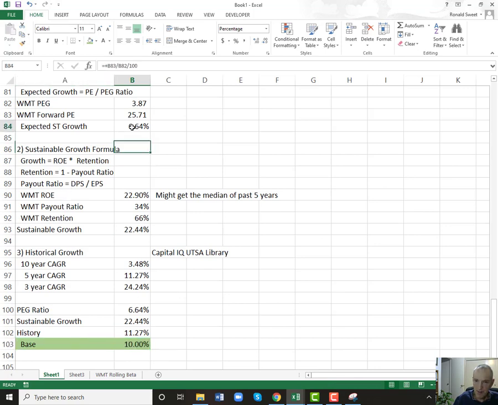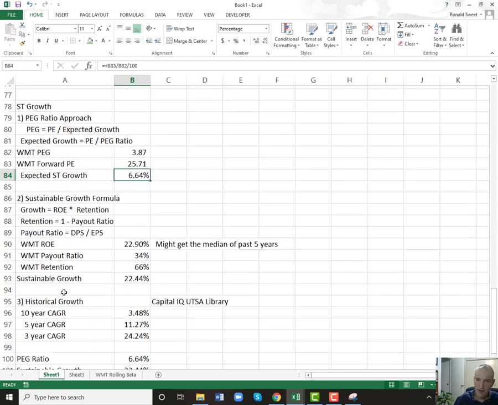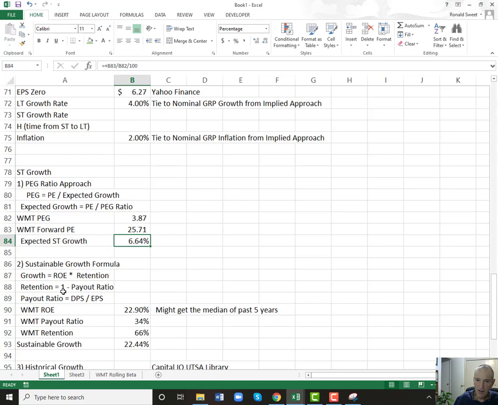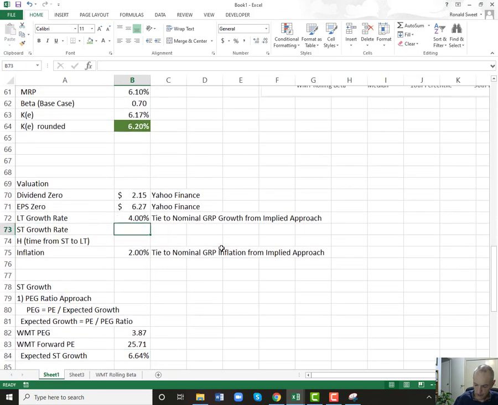Now this expected short term for the next 5 years, that's the average over the next 5 years. Our short term number is for next year, but then slowly coming down over time to our long term growth. So it's okay for our base case to be higher than what the market expects. First, we might disagree with the market, but also we might want to be higher because we're going to start higher and average down lower. So we've got all of our assumptions now. So our short term growth, we're going to use 10%. We got all of our assumptions except for one,